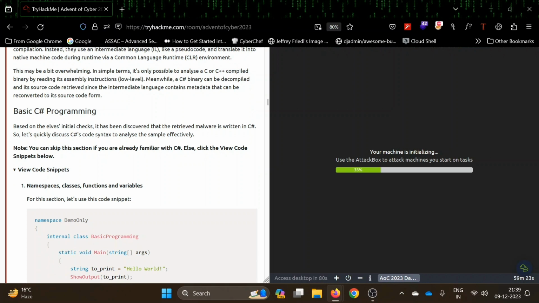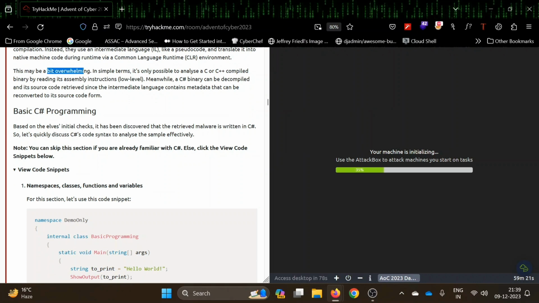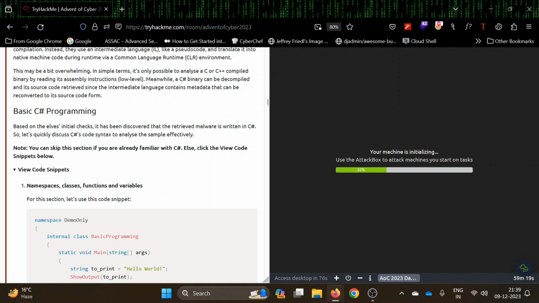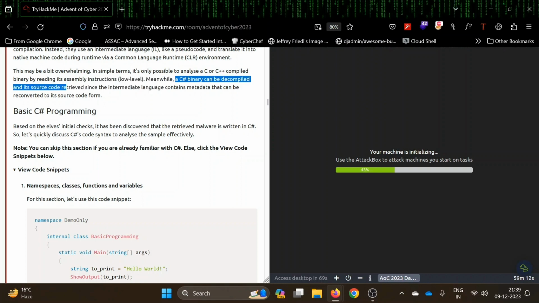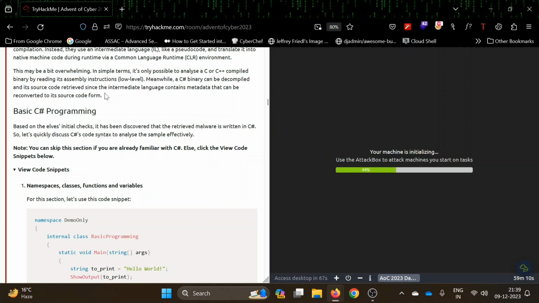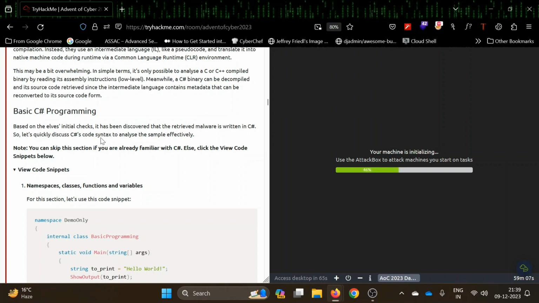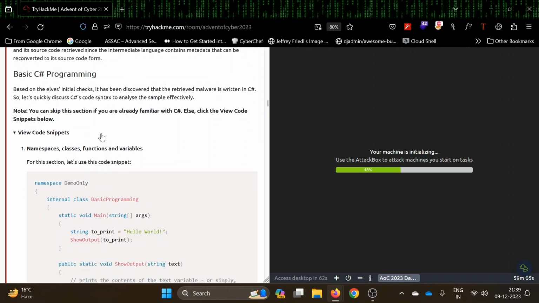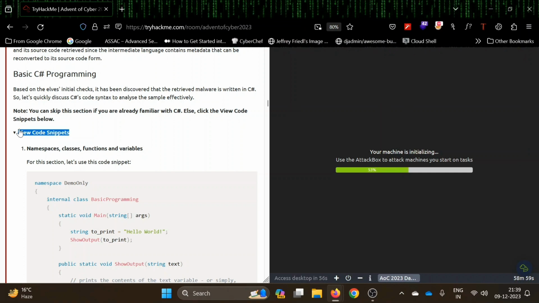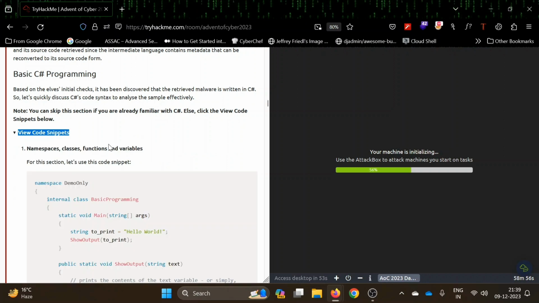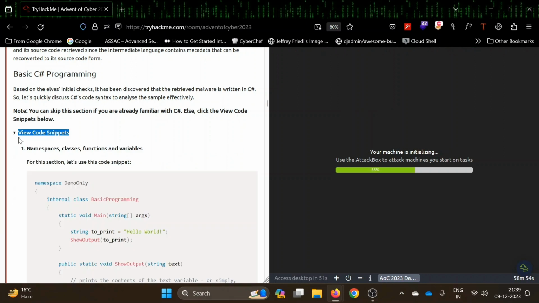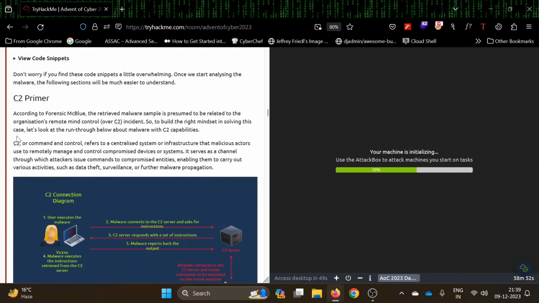Let's go ahead. So this may be a little bit overwhelming. In simple terms, it's only possible to analyze a C or C++ compiled binary by reading its assembly instructions. Meanwhile, a C-sharp binary can be decompiled and its source code retrieved since the intermediate language contains metadata. Okay. So after that, some basics of C-sharp programming are given there. If you know, then it's well and good. Otherwise, you can go through these code snippets and learn basics about namespaces, classes, functions, and variables. So with that,